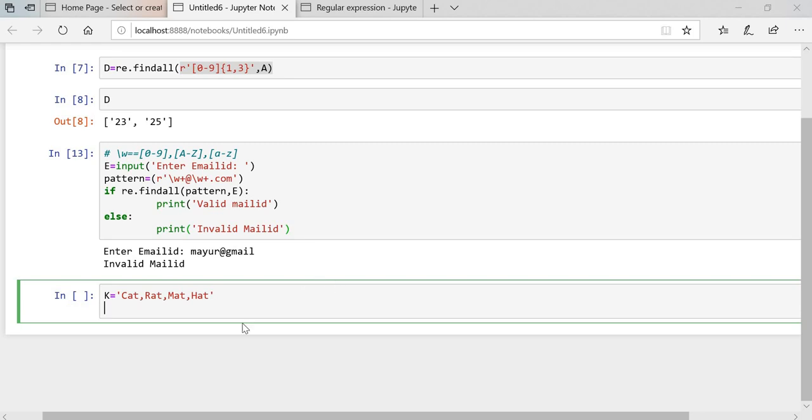Then put re.findall. First I will write this one and I will explain it to you guys.